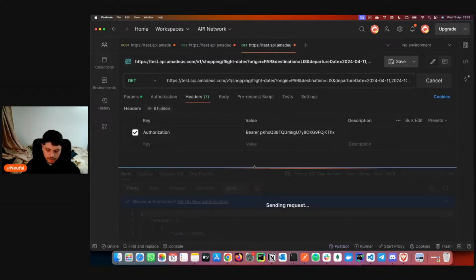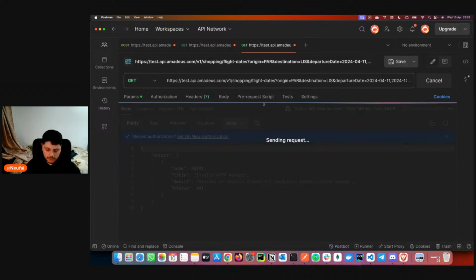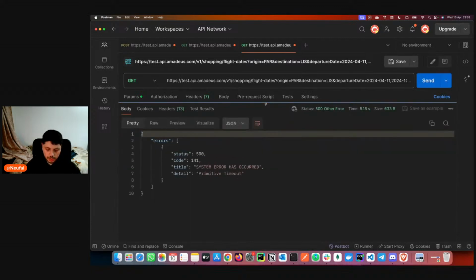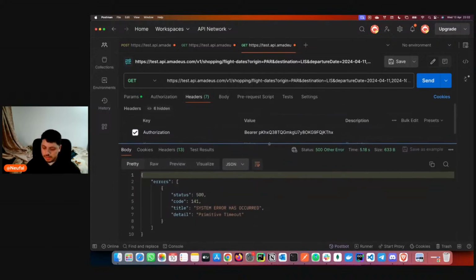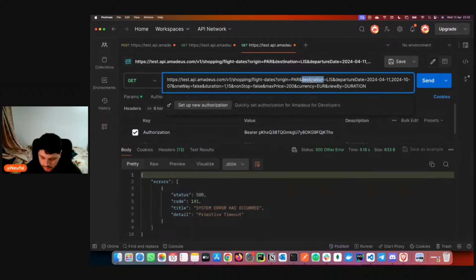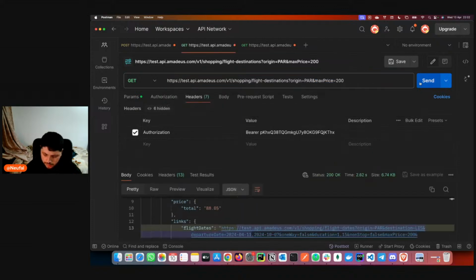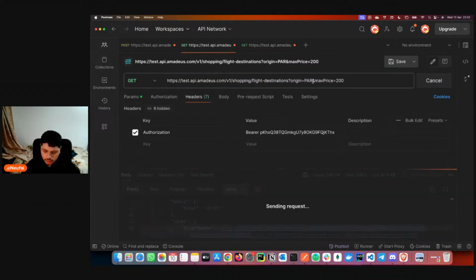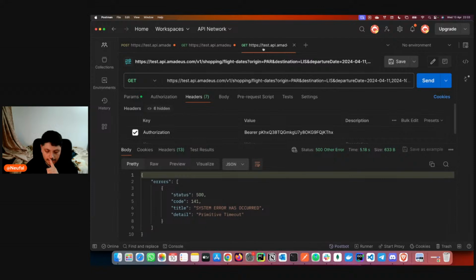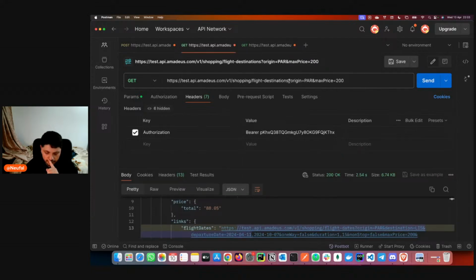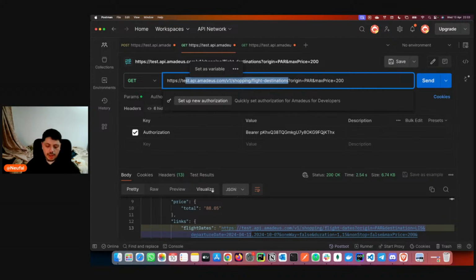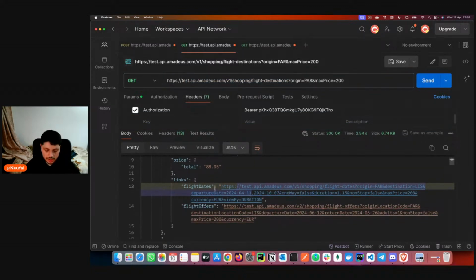We send this and we should get the response. Whoops, system error. Let's try this here. Maybe it will work. Okay, I know why it's not working. Probably because of the endpoint, but we'll see that in a moment in the documentation.